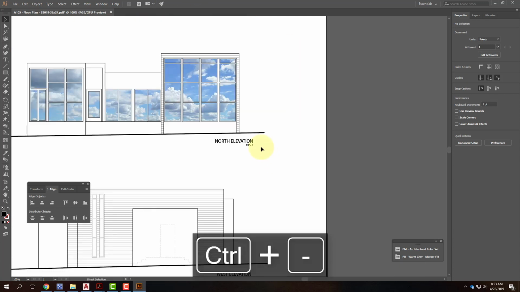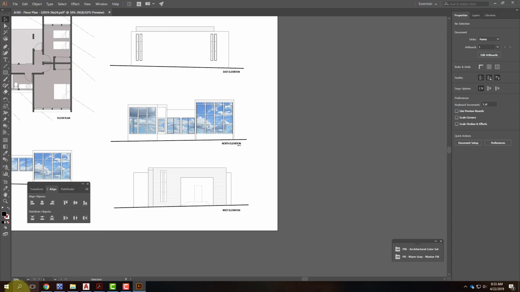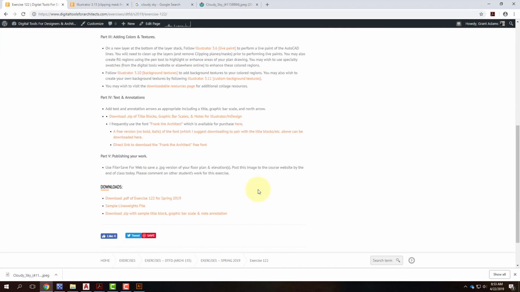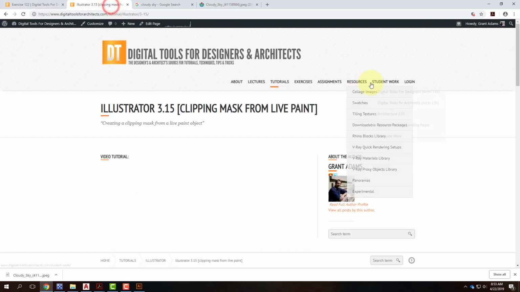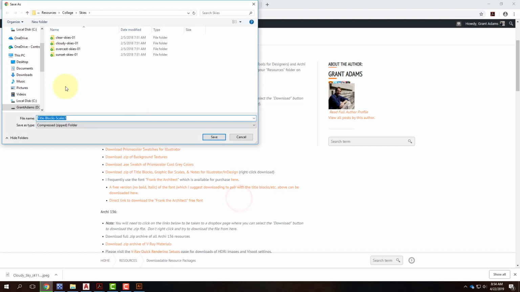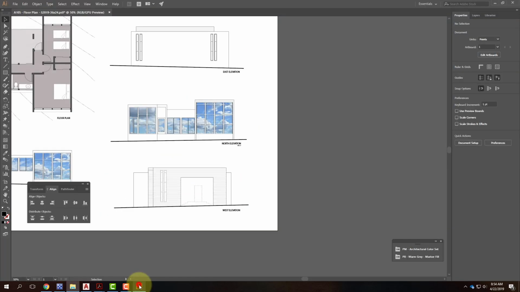Sometimes, however, you want a little bit more of, say, a graphic bar scale or something to go into this. I have a series of examples of these that you can download and you can use kind of like blocks. They're available through today's downloads. There's a zip file of title blocks, graphic bars, etc. They're also available under the resources folder under the downloadable resource packages section. And here's the zip file of title blocks, graphic bar scales, etc. You'll right-click on it and you'll say Save Link As. This will download it into your flash drive. You will then need to extract that file. But inside of that file are a bunch of things that I created that might help you in these kinds